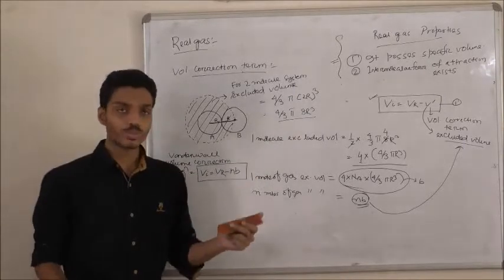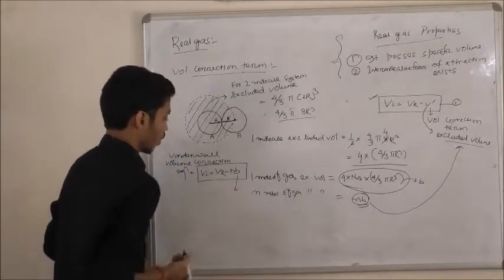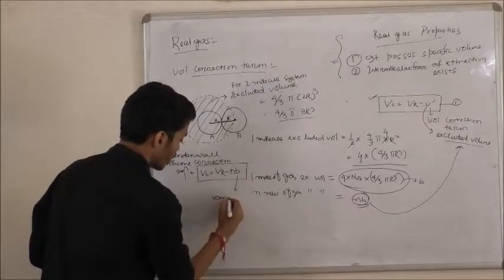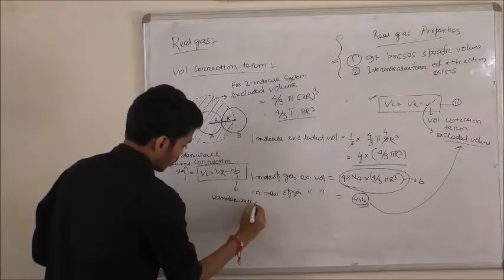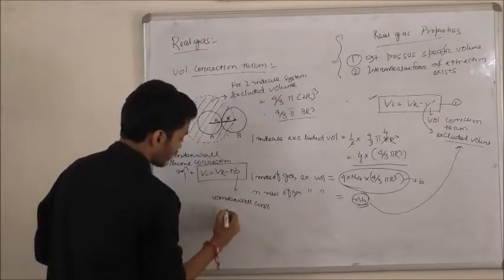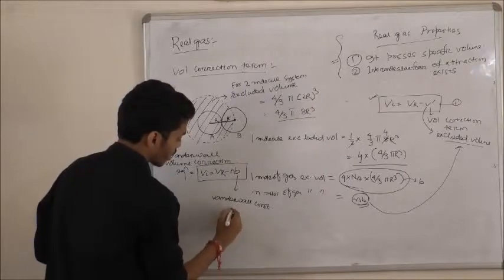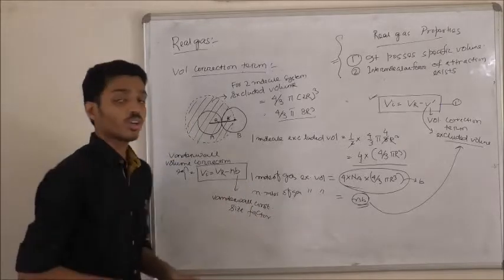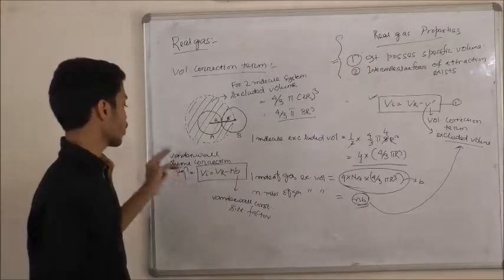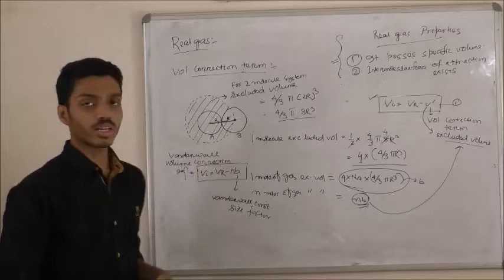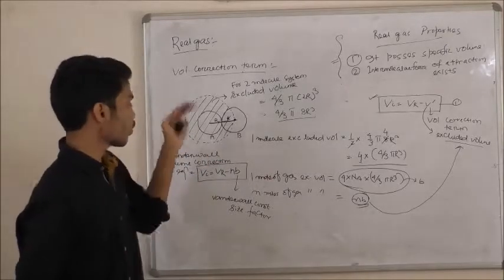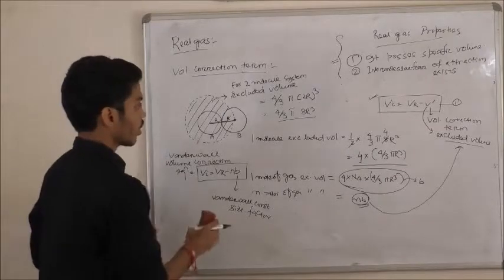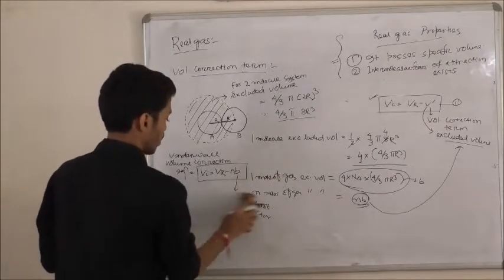Then what is b? This b is called the Van der Waals constant, and it is also a size factor. So dear students, here we derived the Van der Waals volume correction equation, or we found the volume correction for the Van der Waals real gas theory. So now rub this and write this over there.